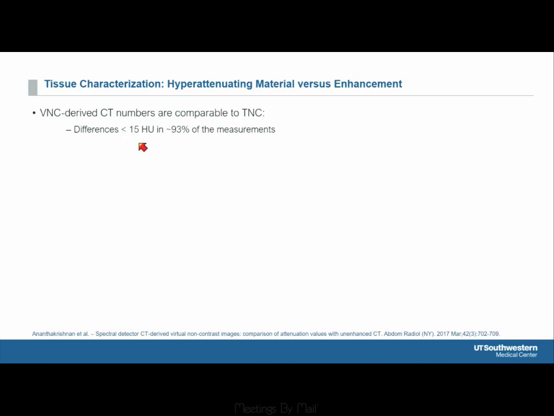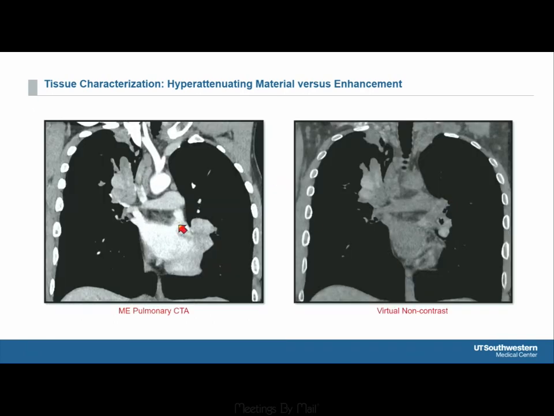This paper here looked at different tissues, and more than 92% of the measurements between virtual non-contrast and true non-contrast were less than 15 Hounsfield units. Another case here, a patient with dyspnea, chest pain, mass